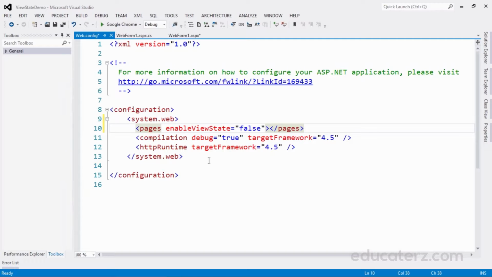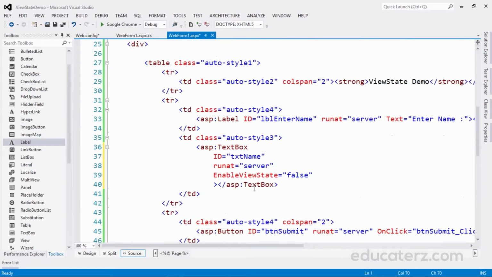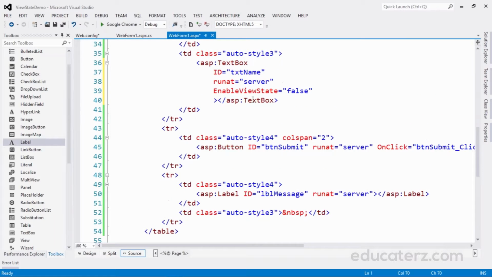Like this, we can disable viewState if we don't want to use it in our application. So like this, we will be disabling viewState for the entire application, and if we set it here, it is for a particular page only, and this is the control level. For a particular control, if you don't want this viewState, you can go ahead like this, EnableViewState equal to false.